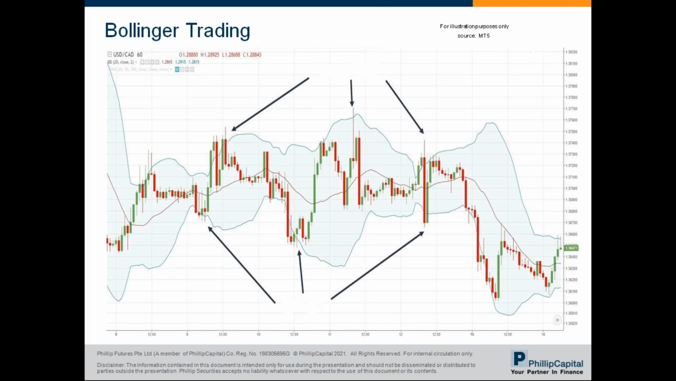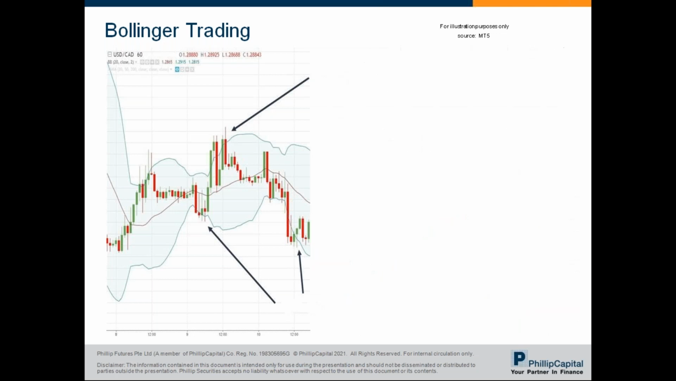This is for those who are more statistically inclined. Standard deviation basically measures how far the indicators are away from the averages. In this case, for the Bollinger Bands, it measures how far away the price is from the 20 period moving average. In this example, you can see prices that are near the upper Bollinger Band